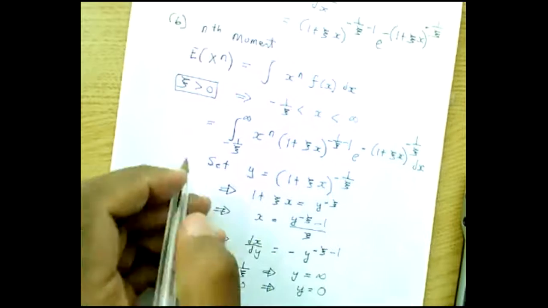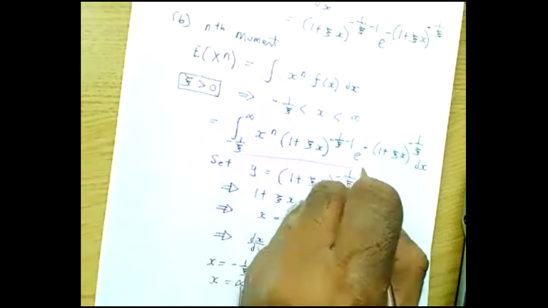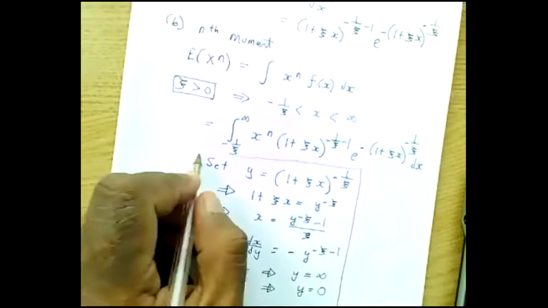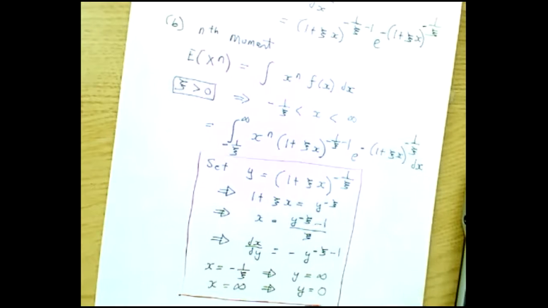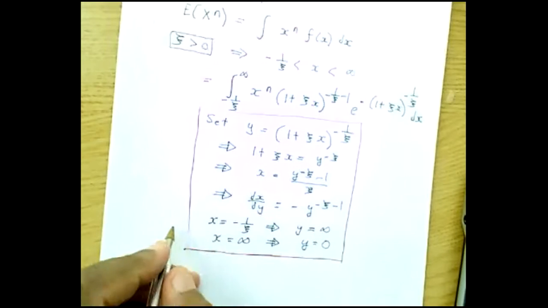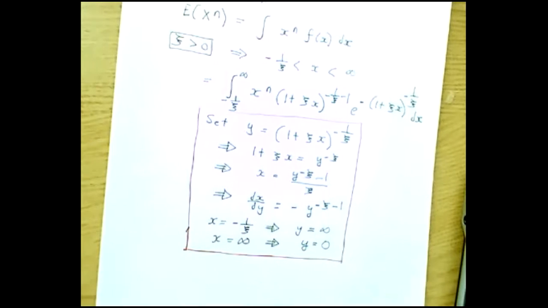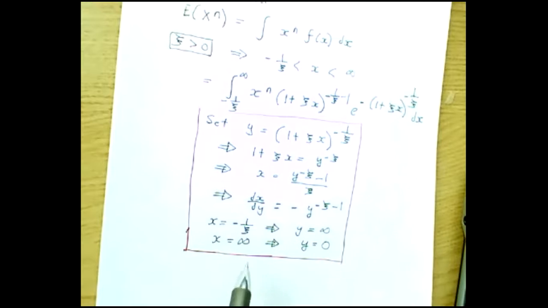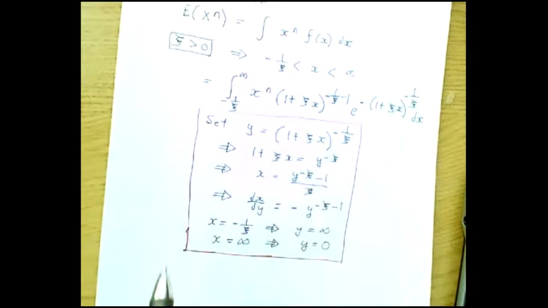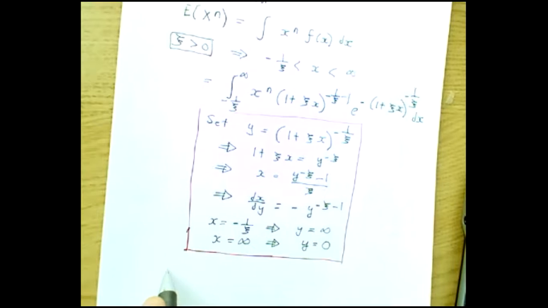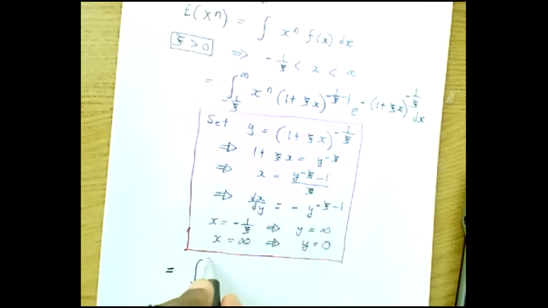So let me put this whole thing here. Let me put this inside a box. Okay. So what I'm going to do now is substitute this into the integrand, right? And if you do that, you will get the following. You get the integral from infinity to 0 of